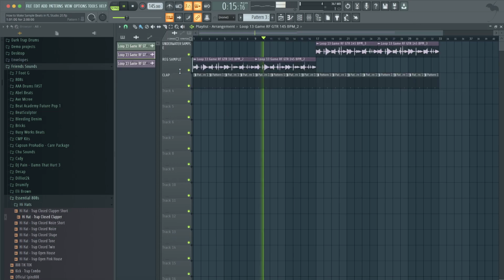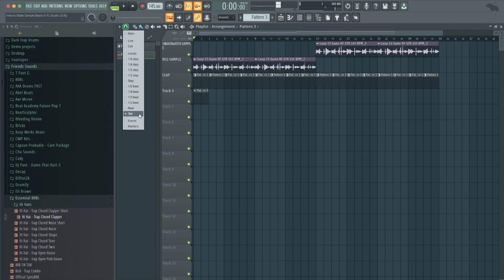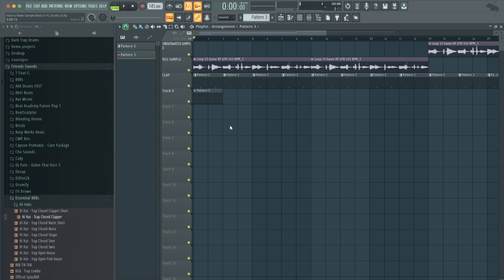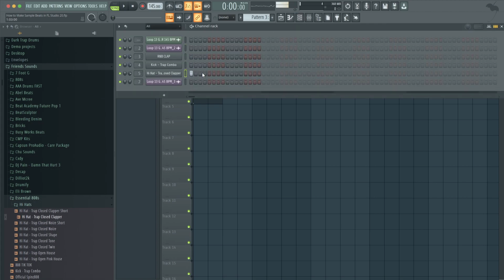Okay, so on pattern 3, we're going to go to the patterns tab, drag this in. I like to drag patterns in blank, left click the edge, and just drag it out. If you don't see these vertical lines, go to snap to grid, change this to bar mode, so it's a lot easier to do this. Then go to pattern mode and start drawing in your pattern.